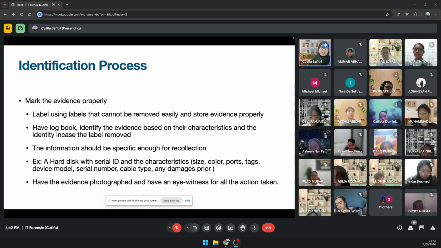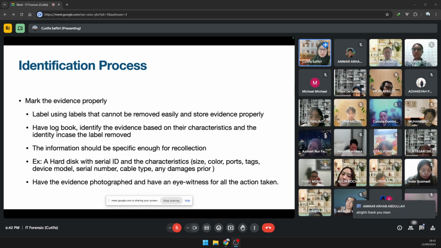So if you have the serial number, you can write it down. If the serial number does not exist, then you can place other information that is available. Of course, the investigation must keep going, right? So we have to work with what we have in our hand. All right, thank you.